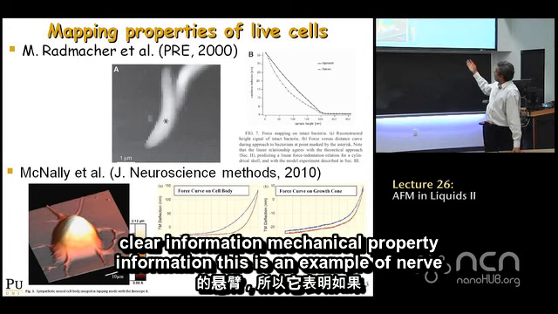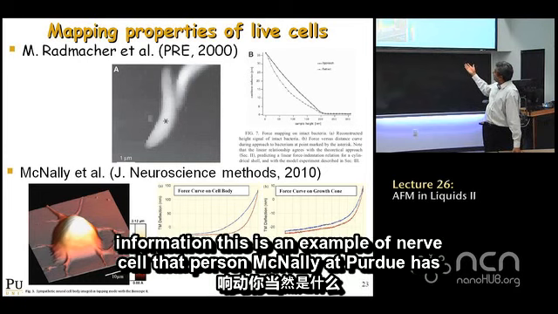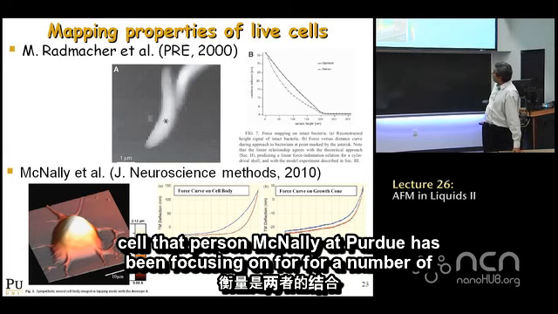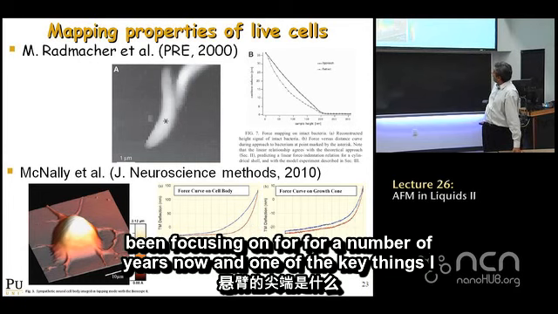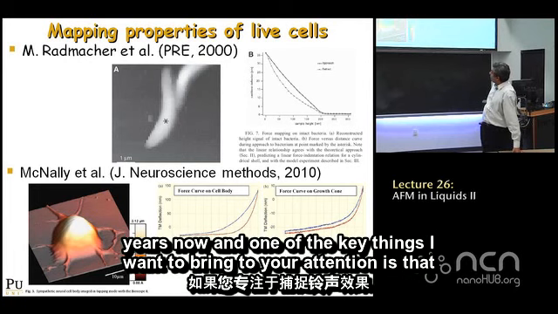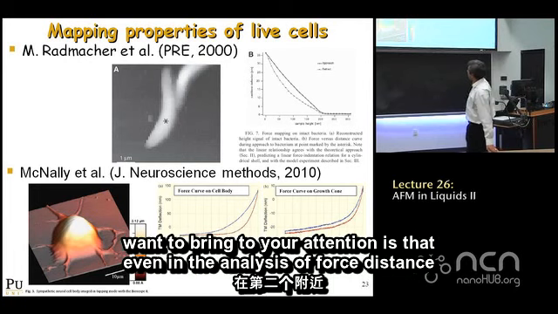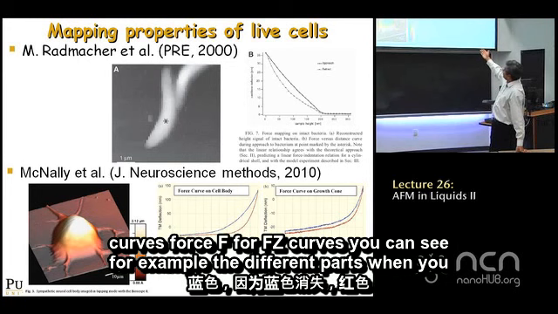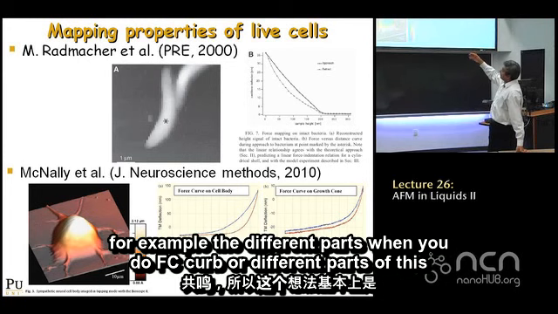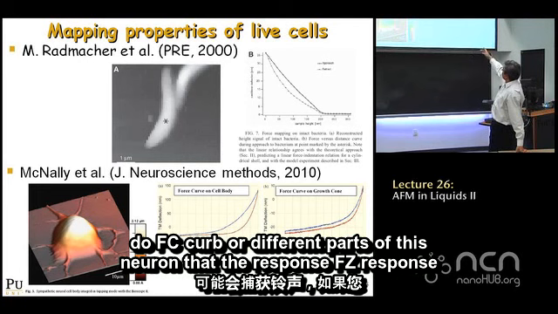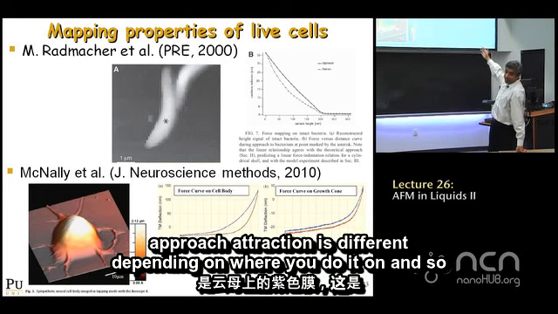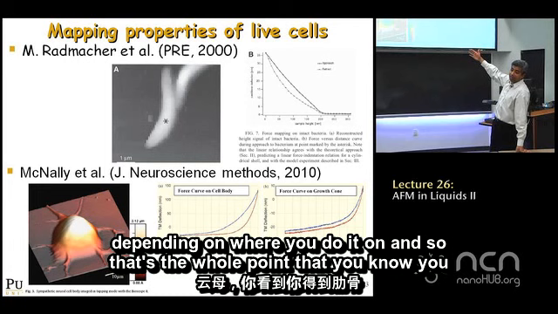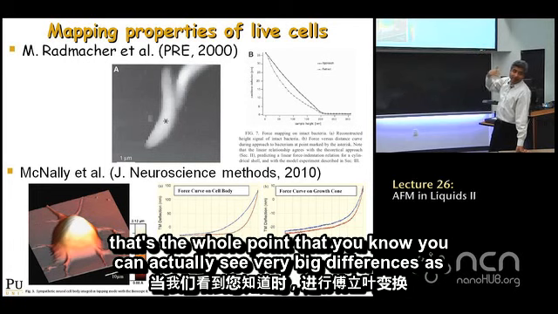This is an example of a nerve cell that Professor McNally at Purdue has been focusing on for a number of years now. One of the key things I want to bring to your attention is that even in the analysis of force distance curves, or FZ curves, when you do an FZ curve on different parts of this neuron, the approach and retraction response is different depending on where you do it. And so that's the whole point,